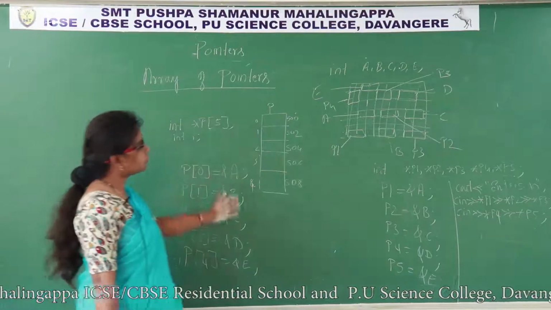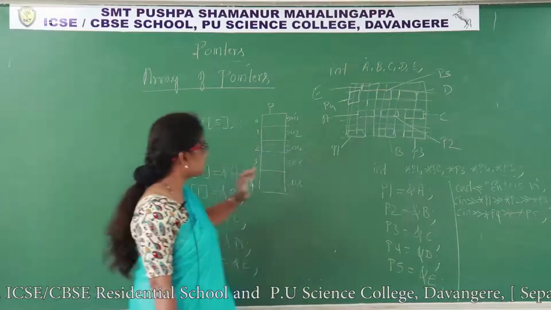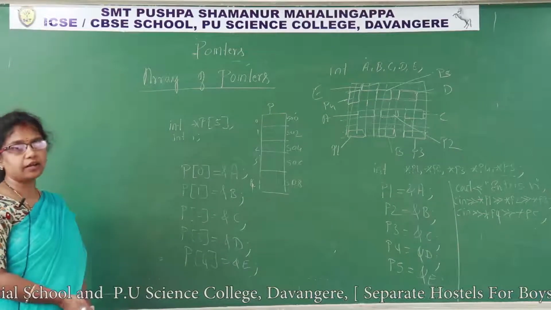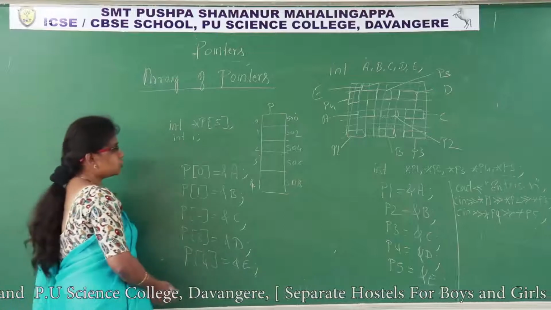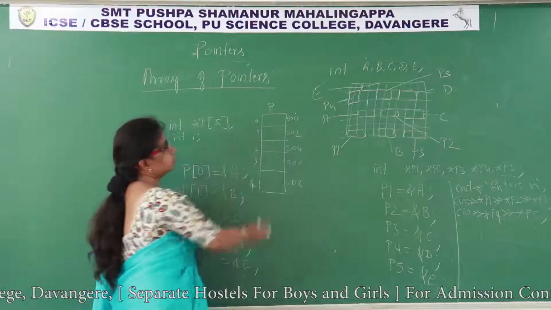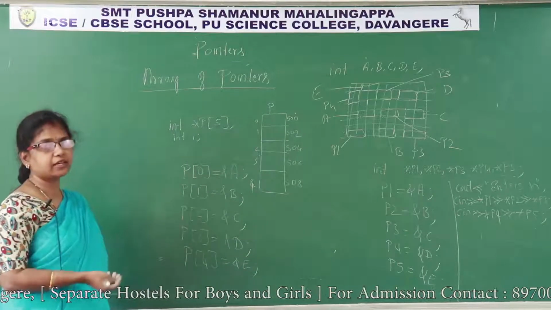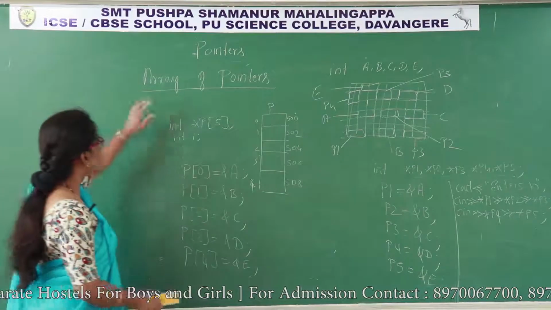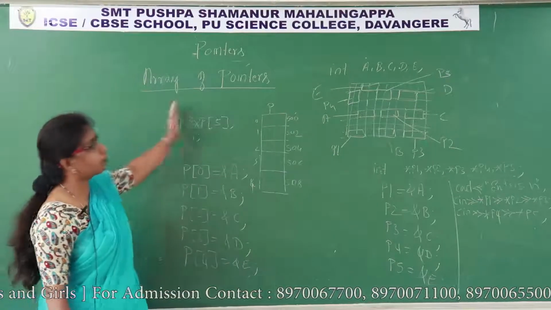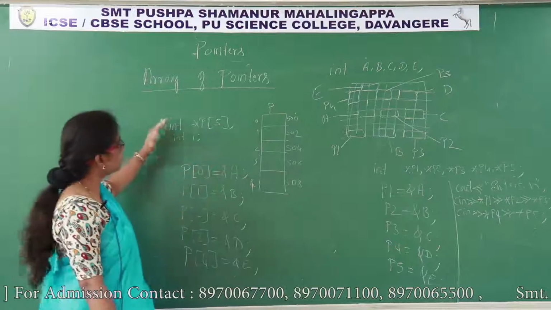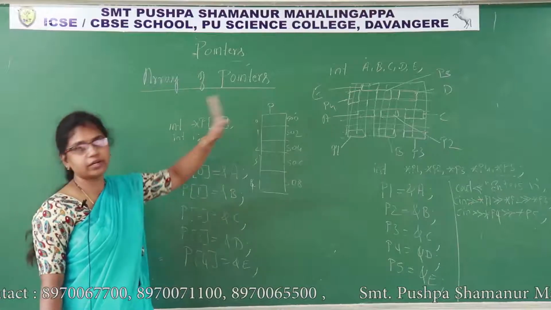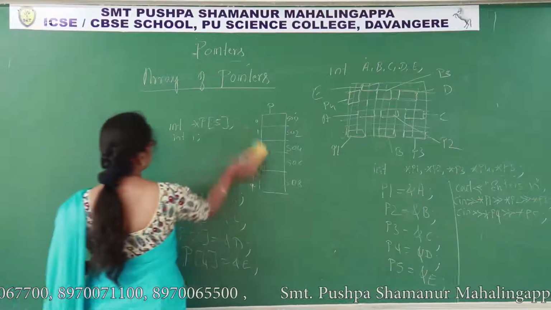So I can make this program more feasible. See here. Instead of taking 5 different variables, I can take an array of integers. My intention is to store the address of 5 integer variables into this array. Instead of taking isolated variables, I can take an array of integers. So an array of pointers you can write in 2 ways: one, an array of pointers for isolated variables, another, an array of pointers for array elements. At first I will explain the array of pointers for isolated variables. Let us write the program here.